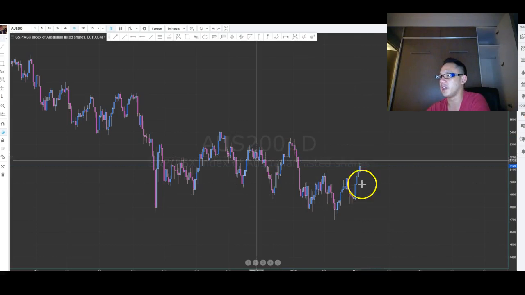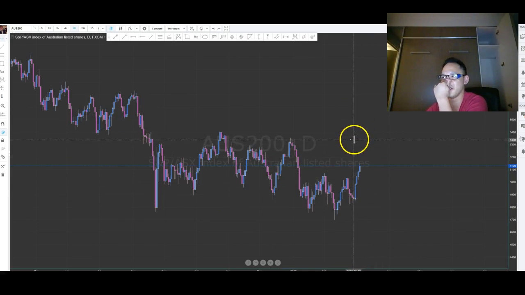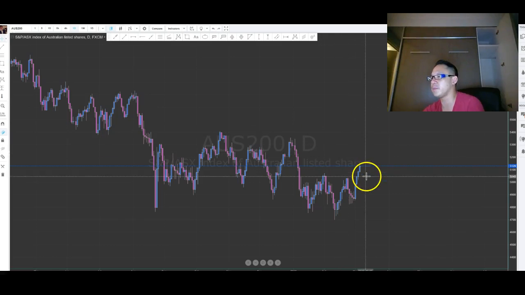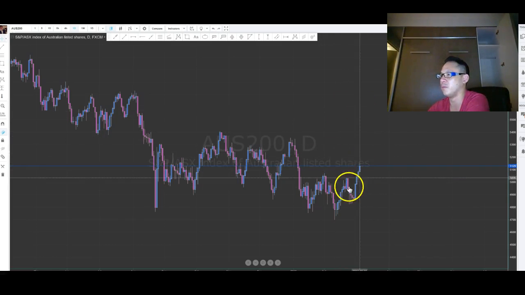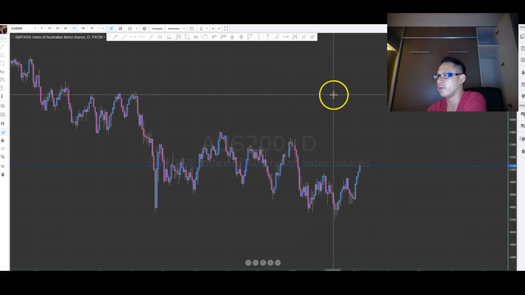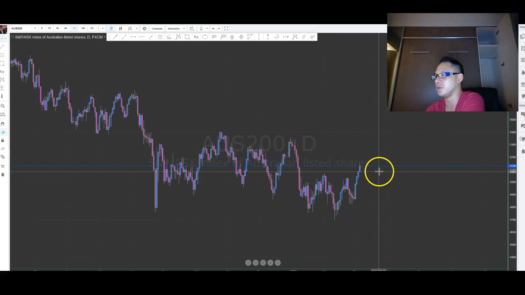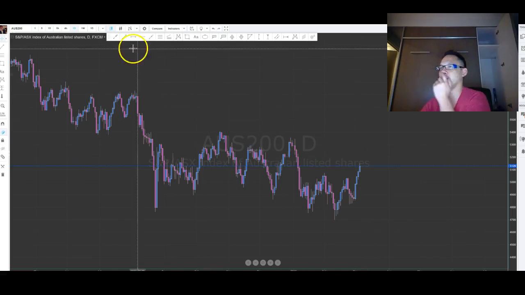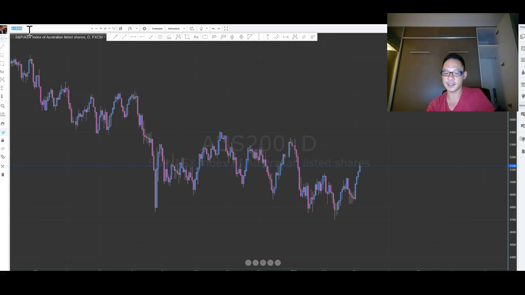So just be careful. This is going to be an interesting week because this is where the institutions will start playing with people. People will think everyone will start to short here, but then the market will do all sorts of things just to scare them out. So don't think that it's going to be as simple as just putting a trade in and you're going to make money. The market knows this, institutions know this, and they're just going to try to whip this around quite a fair bit. Okay?